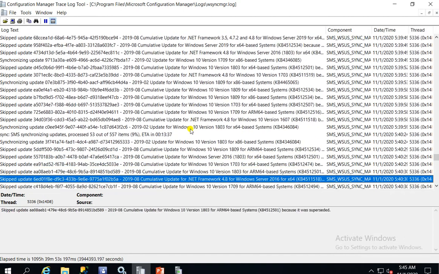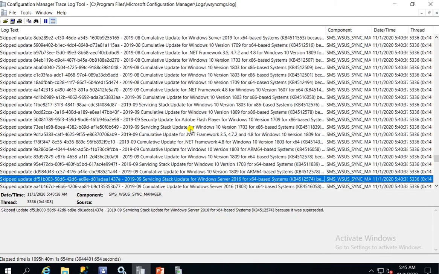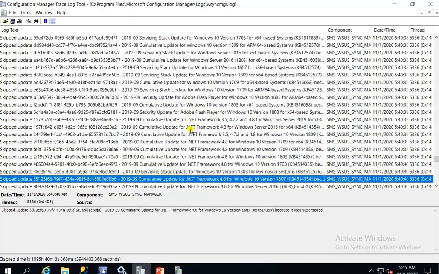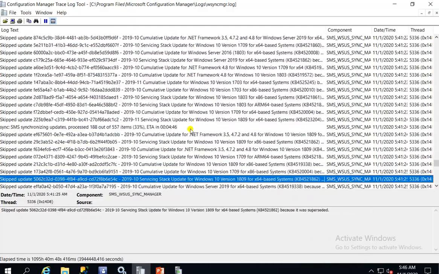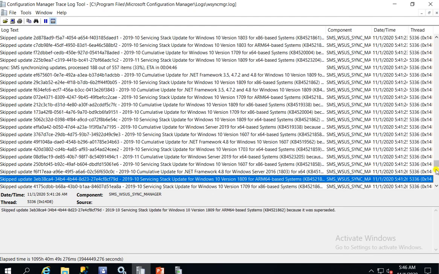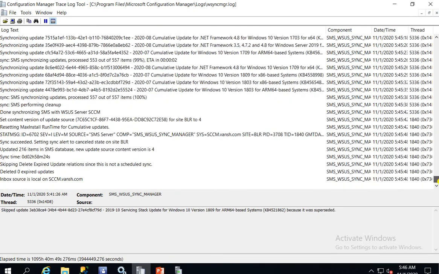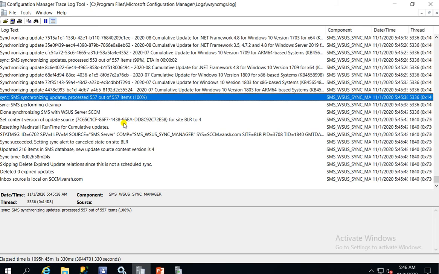Finally, if you go down, you can get each and every patch's details, like which patch is going to reflect in SCCM or not. Let me go down, as it is a very big list. Okay, so finally here is the outcome result. SMS synchronization update processed 557 patches.